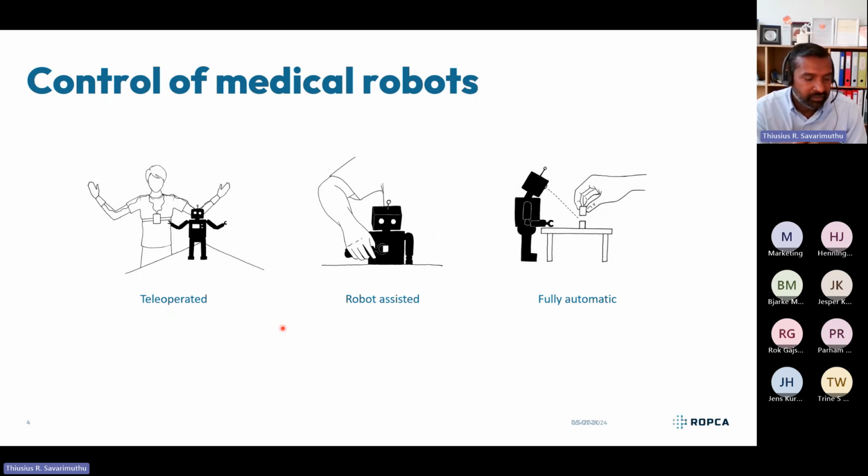This could be, for instance, a CyberKnife system, or it could be the Marco system, other systems where the robotic part of the interaction is that they perform a certain pre-planned task. The plan has been laid out by the surgeons or the clinicians, and then the robot basically helps out